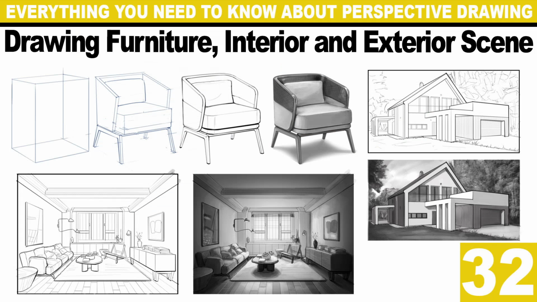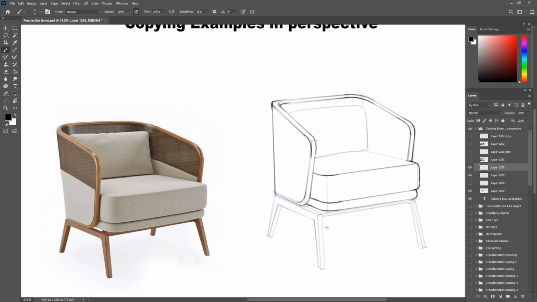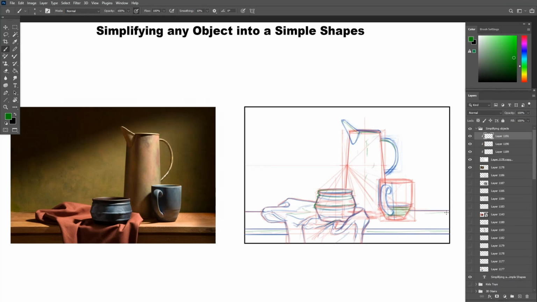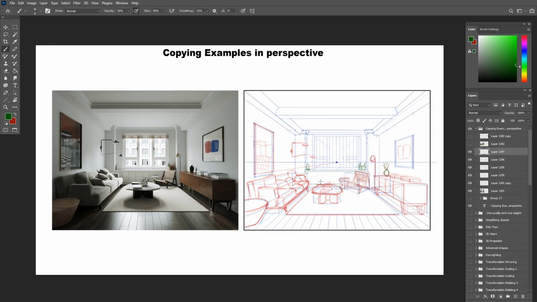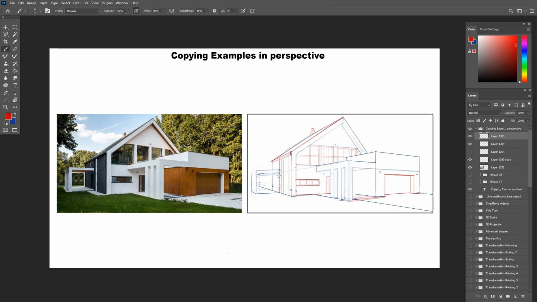For the next lesson, we will continue back where we left off, from drawing objects to drawing scenes using technical drawing and freehand techniques. I just wanted to do this little detour to explain things better, so that when I say add the final layer of line weight after each example, now you understand what I mean, and hopefully you can now do it yourself. In the next lesson, we will draw a chair, a still life painting, an interior room, and an exterior house, going from an object to a full scene.